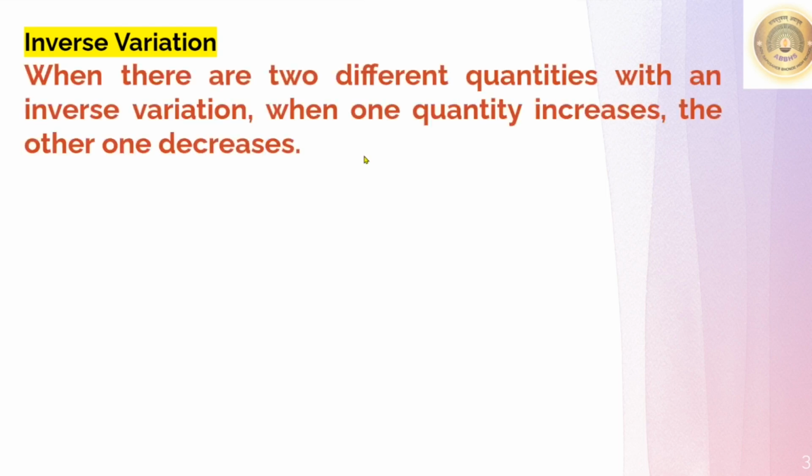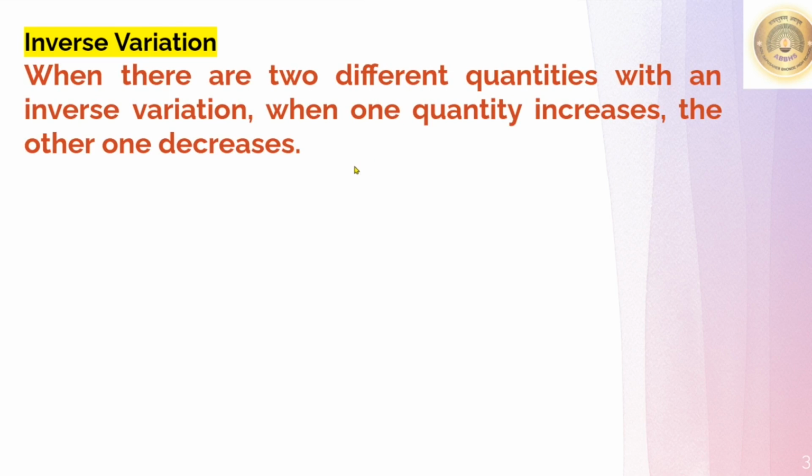Now we saw that in a variation, if there are two quantities, a change in one quantity will result in a change in the other quantity. In direct variation, we saw that when one quantity increases, the related second quantity also increases, or vice versa. Now in inverse variation, what happens is, when there are two different quantities with an inverse variation, when one quantity